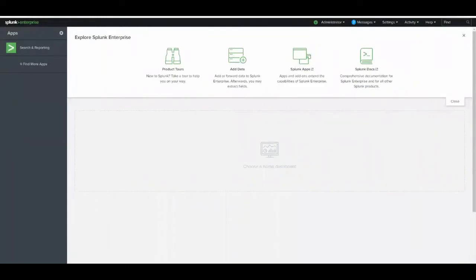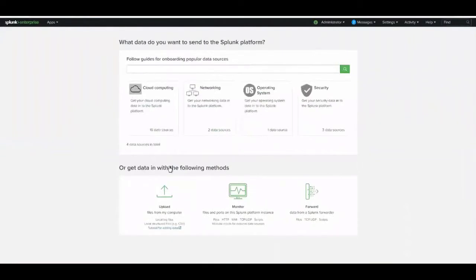So this is the default dashboard of my Splunk. From here you can see various options are available to perform various operations on your logs. For now I just want to upload a log file manually, and for that I'll click on Add Data. After that, I'll click to upload a file from my computer.